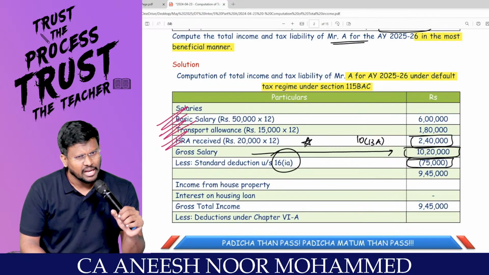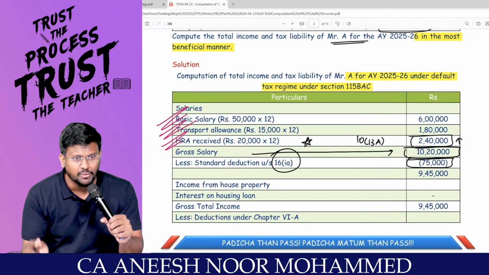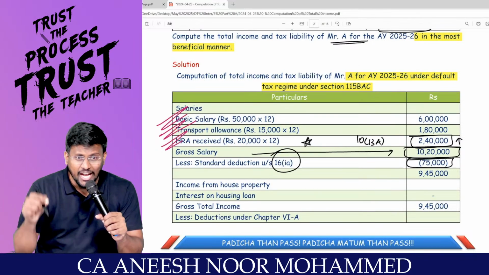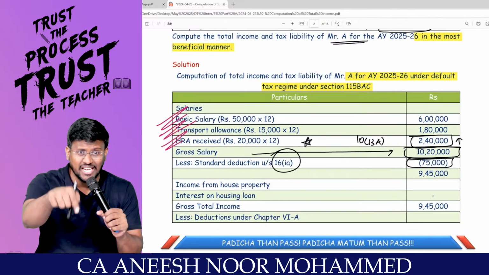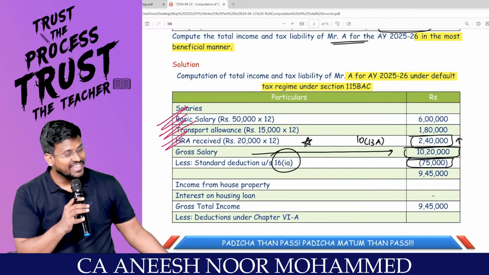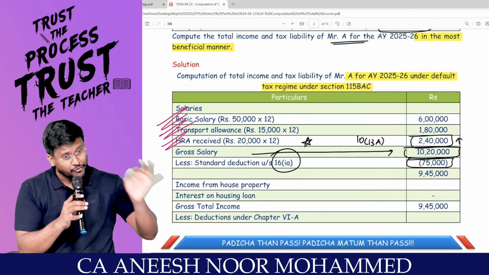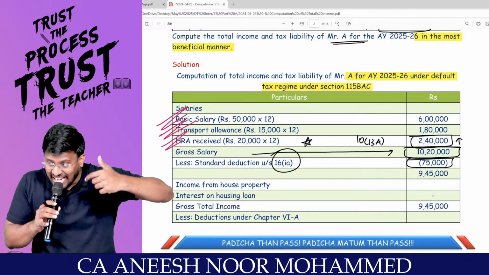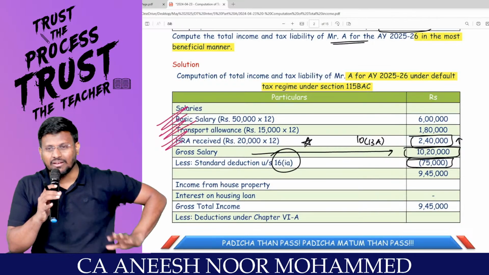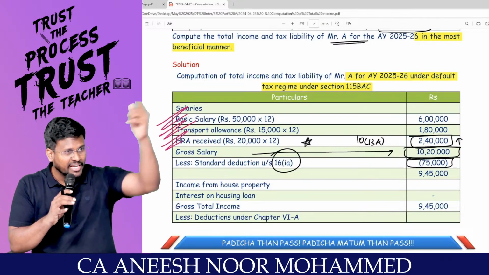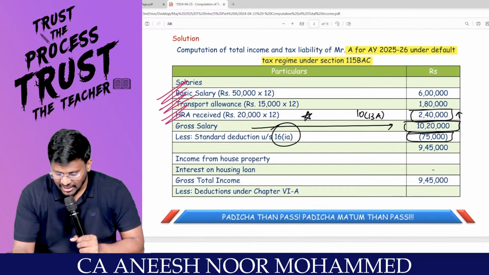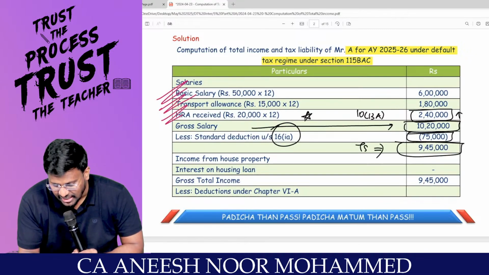Nice joke: taking tax on 2,40,000 rupees and giving a deduction of 75,000. Sir, there this 2,40,000 did not form part of my gross salary because I claimed exemption under 10(13A). That was better, because I got the standard deduction of 50,000. But here I am getting an extra deduction of 25,000, totally 75,000. But look at the injustice: HRA is fully taxable. That's it, sir. Taxable salary is 9,40,000.